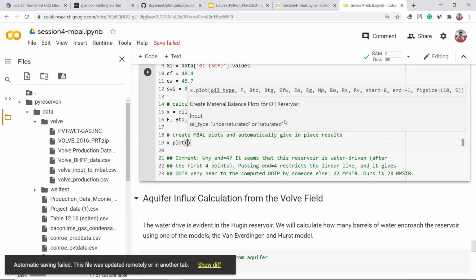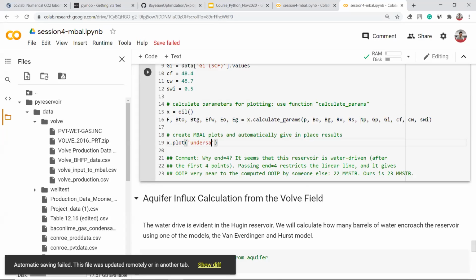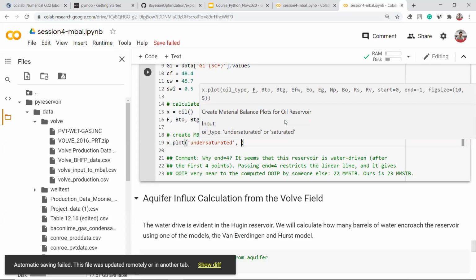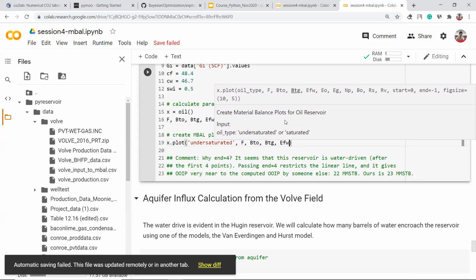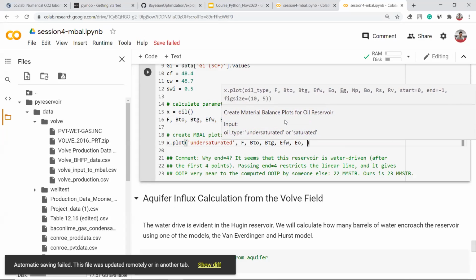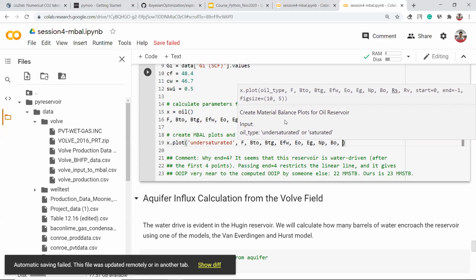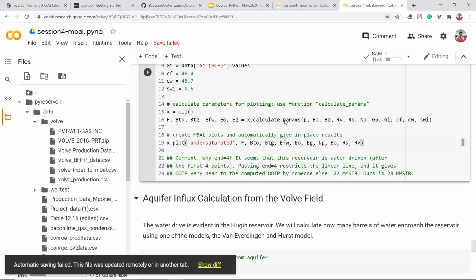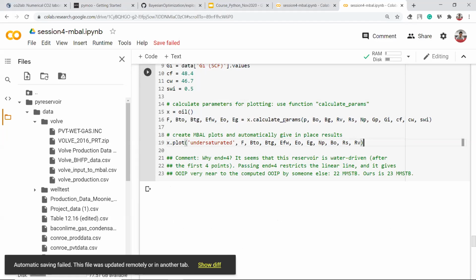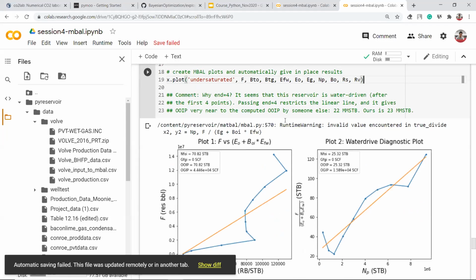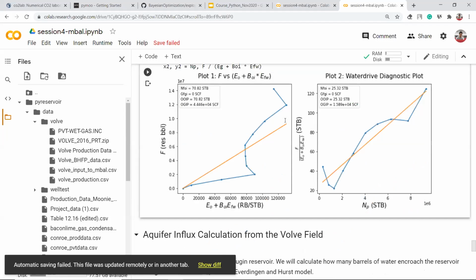So oil type we define as undersaturated. And then F, BTO, we just follow the pop-ups here. Okay, this is really nice to use Google Colab. BO, RS, RV. So I hope that you pay attention here. Pay attention to this plot very carefully. You will see here